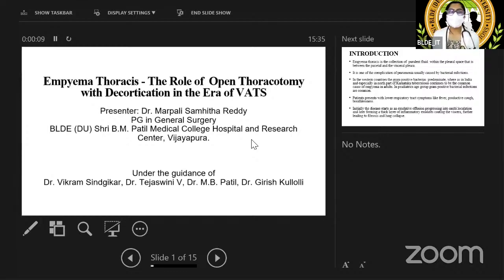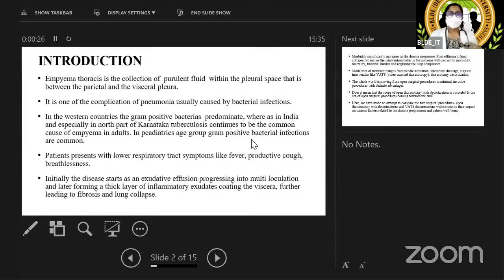Good afternoon, everyone. I'm Dr. Samita from the Department of Surgery. I'm presenting a paper on empyema thoracis, the role of open thoracotomy with decortication in the era of VATS, under the guidance of Dr. Vikram sir, Dr. Tejaswini ma'am, Dr. Ranvi Patil sir, and Dr. Girish sir. Empyema thoracis is the collection of purulent fluid within the pleural space, that is between the parietal pleura